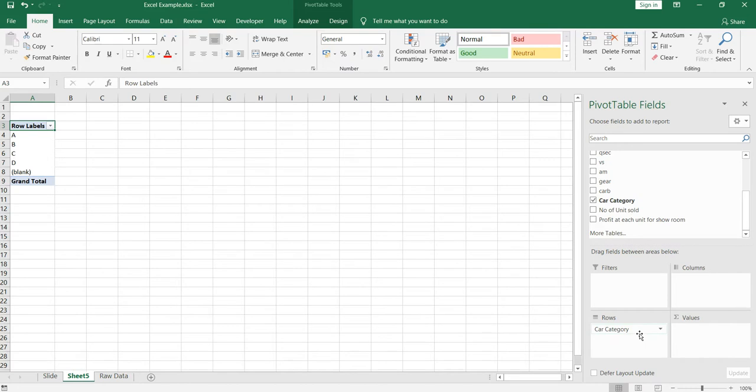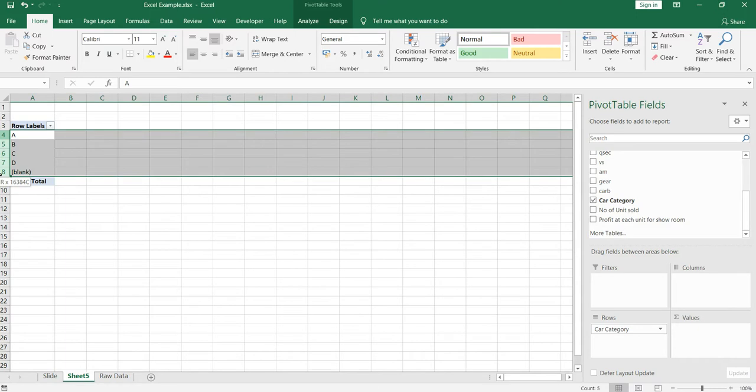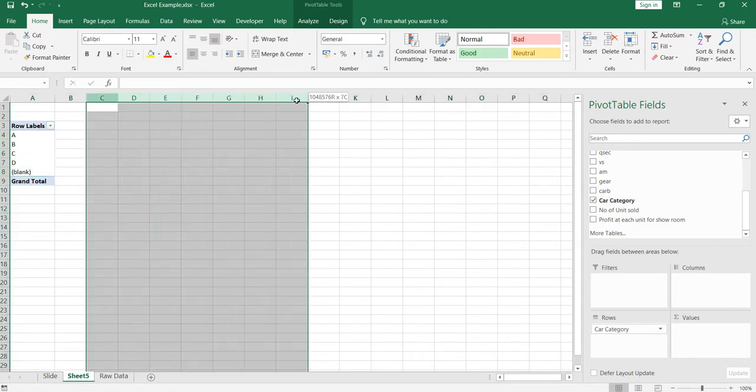Now when I said vertical fashion, we are getting our car category in vertical fashion here, but in this pivot table option it is showing rows. This means that for each row, this is our row, and this is our column.